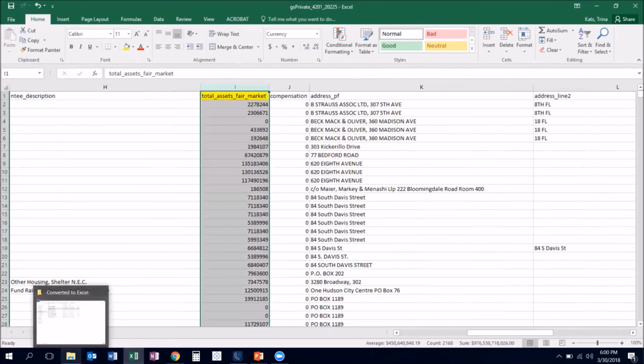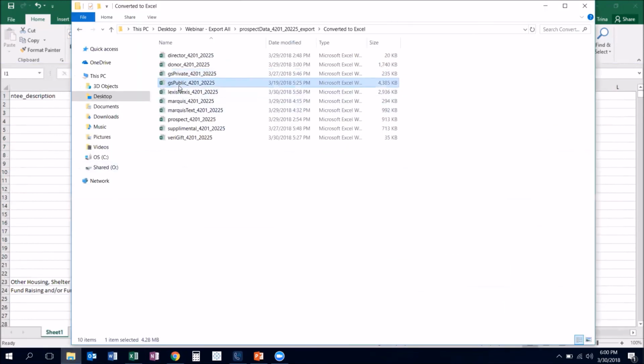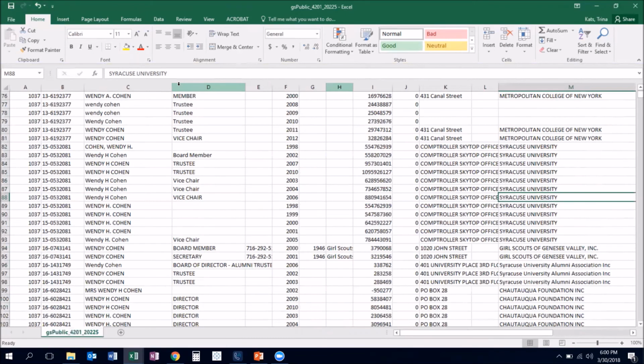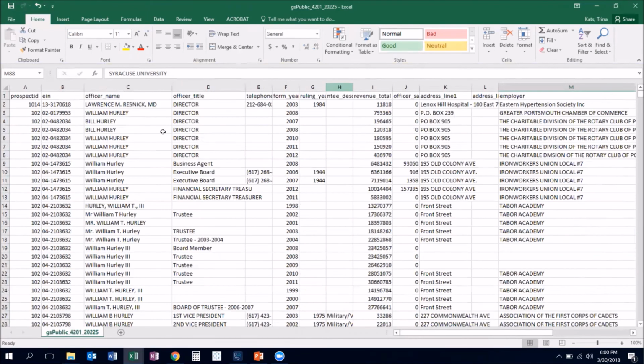All right, and then to look at the public list, so you can see the difference. This is laid out in the same way, where the employer column will be the name of the public charity that your prospect is involved in. You can see their role in the charity. And then another important thing similar to the private list is to look at the revenue total. So you can sort this by revenue title or revenue total,